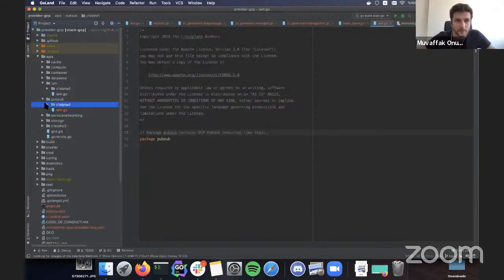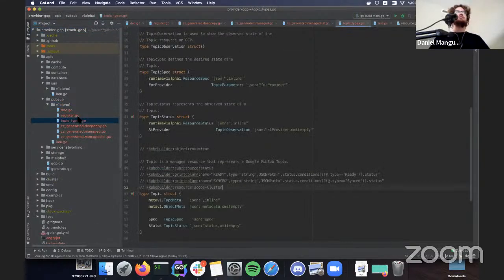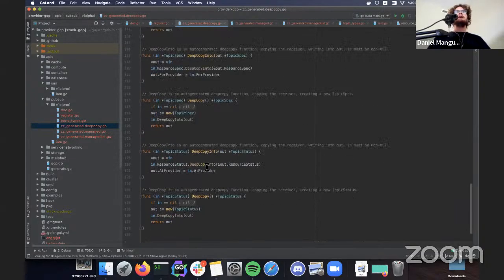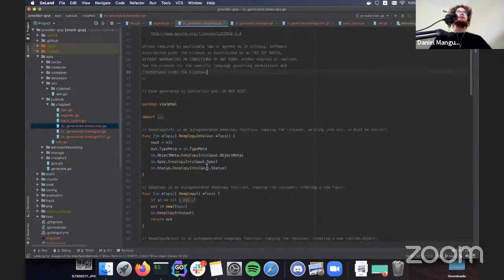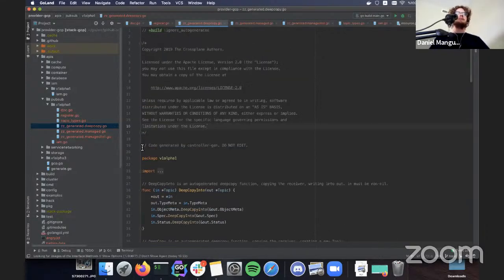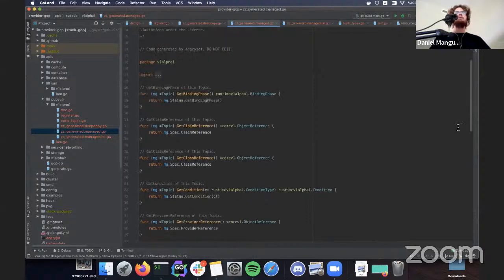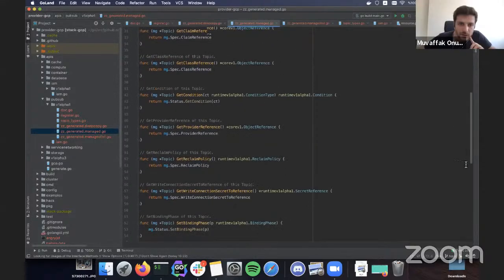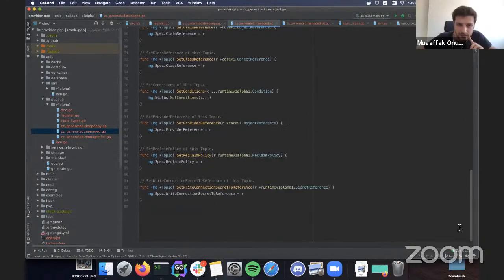Could you mention real quick, so we see that generated deep copy, which I bet folks are pretty familiar with if they've done any kind of CRD stuff before, but for the generated managed and managed lists, where are those coming from? Yeah, so these are standard functions that we use in Crossplane runtime.